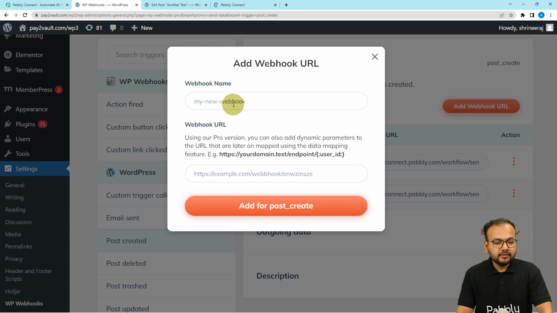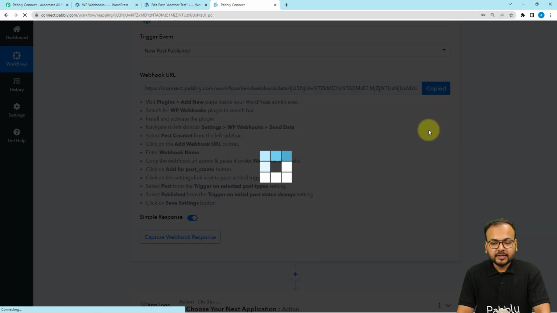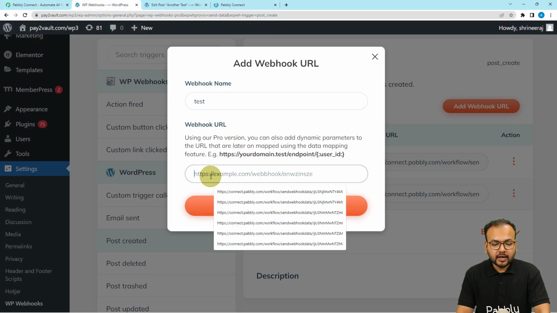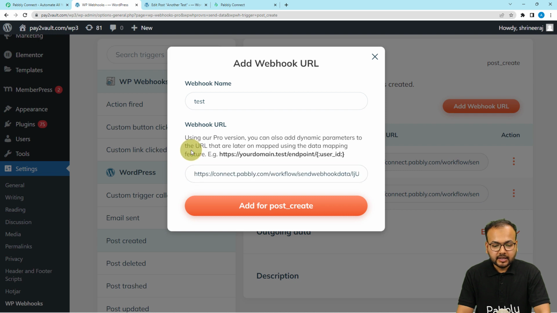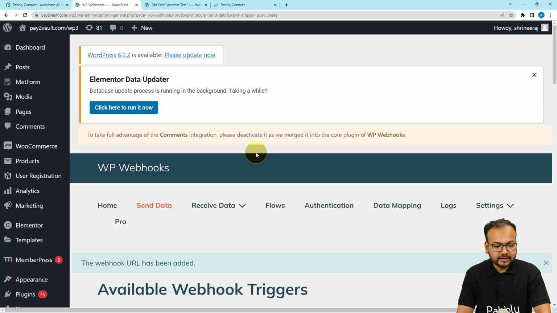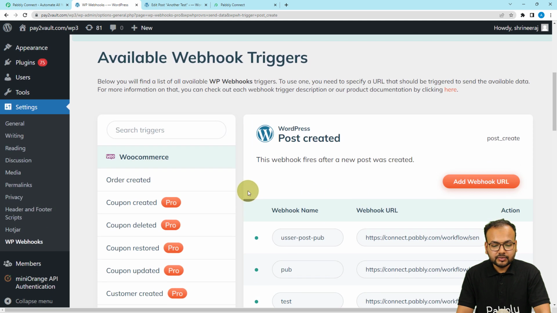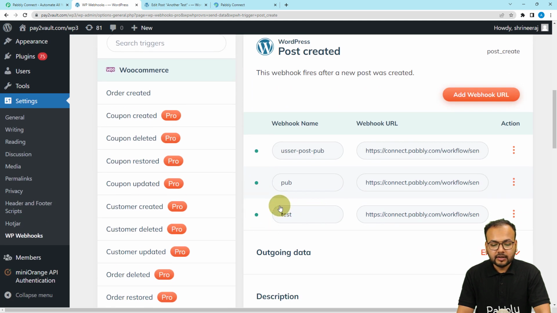Okay, so here we are going to give a name to this connection. Okay, like this, and here you have to provide the URL that you got from your workflow. So just copy this webhook URL like this and paste it here under this webhook URL field like this. Then click on add for post create. Alright, and here you can see the webhook URL has been added, and when you scroll down, you will find your newly added webhook